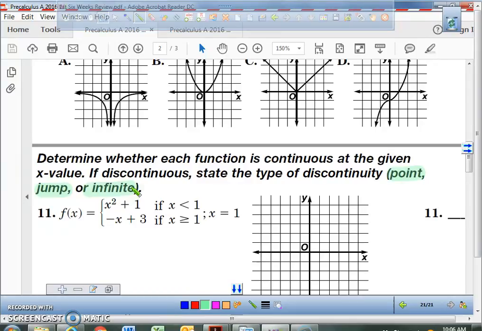Infinite, listen, it just doesn't cross. It's like an asymptote. You see an asymptote that is vertical, which is a vertical line, okay? That means it's going infinite. Yes, infinite discontinuity. All right? And last but not least, what number do you need? 13. And you go back to where you